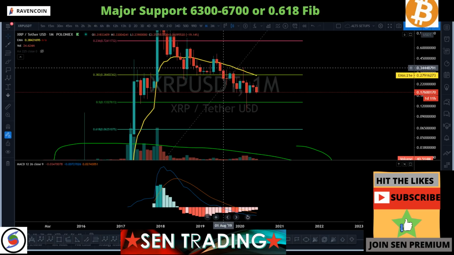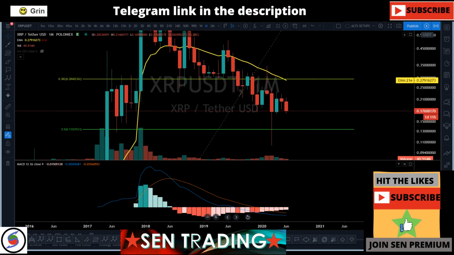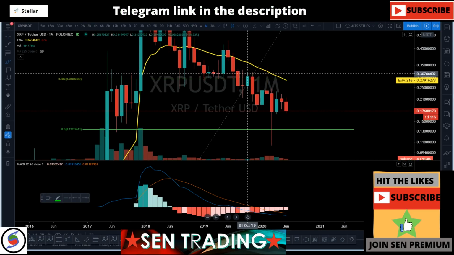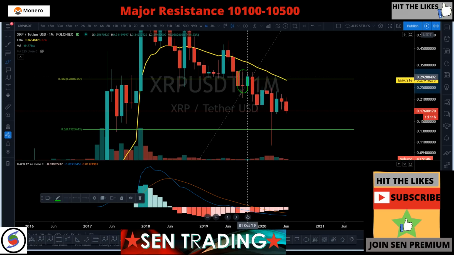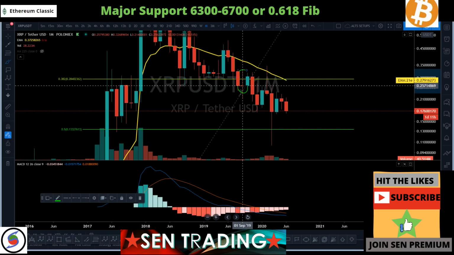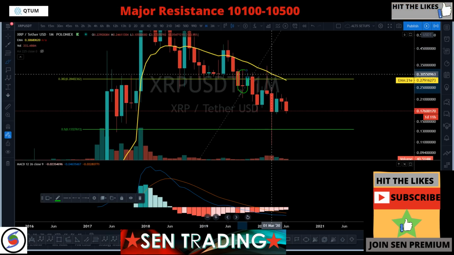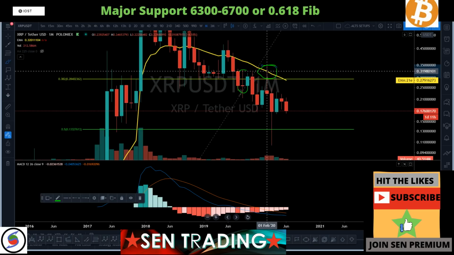I said it back in September right there. So I've been following XRP very closely. That's why I'm very bearish right there. I said XRP needs to close above 31 cents. As you can see, we dropped right back down to about 25 cents. And since then we weren't able to push back up above this 21 EMA on a monthly basis. Very bearish. Okay, very bearish.